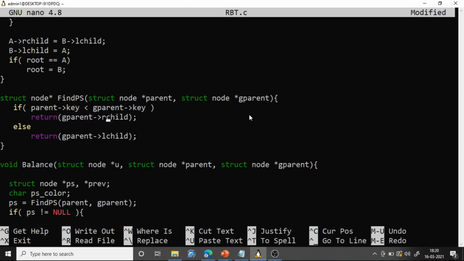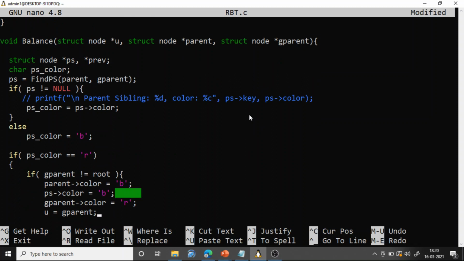Otherwise, if the parent's key is not less than the grandparent's key, it means the parent's key is greater than the grandparent's key. In that case, the left child will be the sibling. So return the grandparent's left child as the parent sibling. Basically this function returns a pointer to the parent sibling.